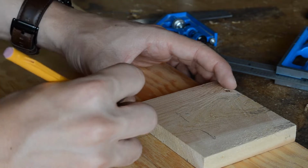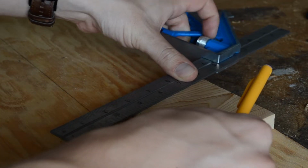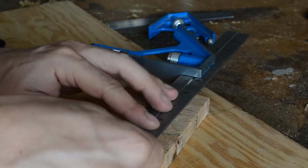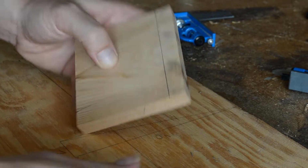And when you try to use the marking gauge or whatever marking system you're using, it really helps if your stock is square and flat and parallel and everything. Otherwise, your marks, even if they look good, are going to be kind of off. That really didn't come to bite me in the end too much, but